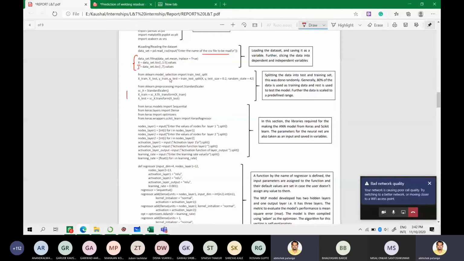Then the next thing is standard scaling. Standard scaling is nothing but this: all these values are in different ranges. One is between 0 to 1, the other is between 0 to 10, and so on. So what we do by standard scaling is we bring all of the data into a standard scale, which I used is from -1 to 1. This makes the algorithm faster and the machine can learn better. This part is called data pre-processing.